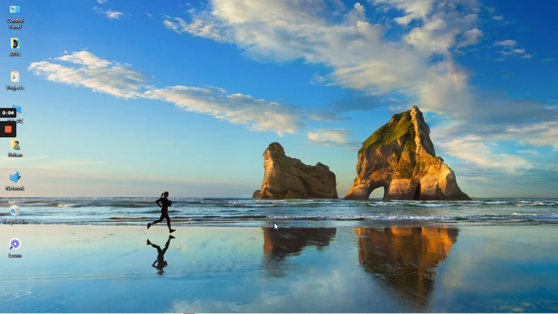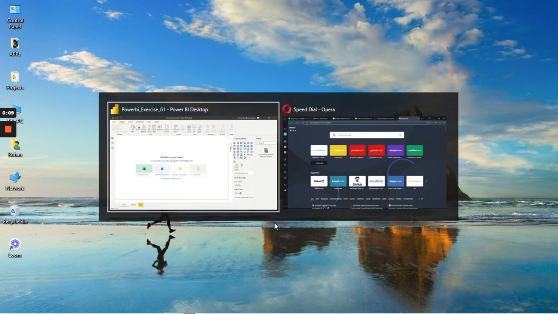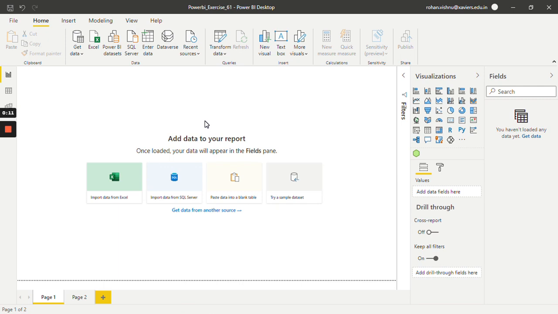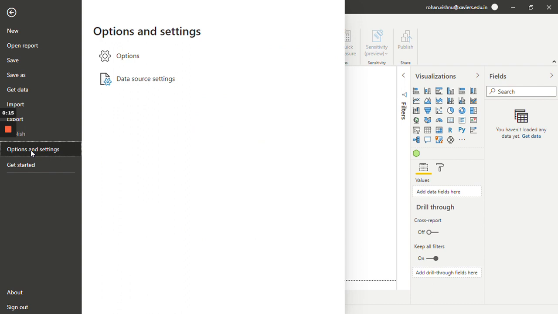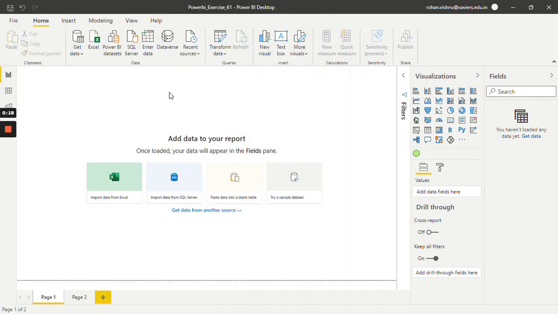In this tutorial, we are going to see how to use multiple datasets in Power BI. So for that, open any report. We need to enable one feature. For that, go to File, Options and Settings, Options,